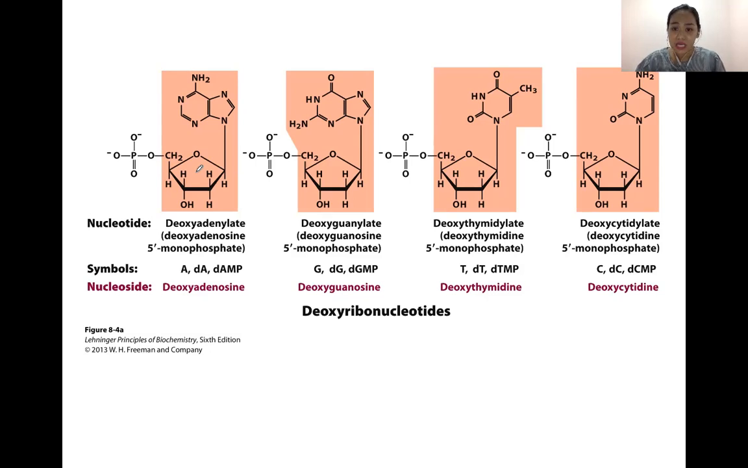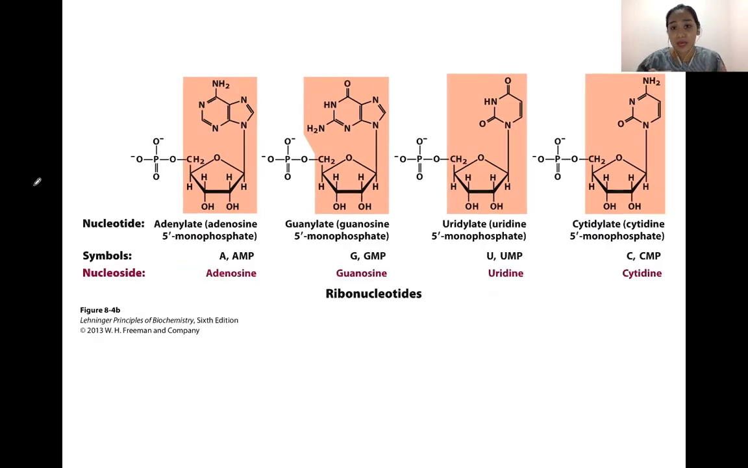And the other name is deoxythymidylate. Last, we have cytosine. If the base is cytosine, the nucleoside is called deoxycytidine. The nucleotide is called deoxycytidine 5' monophosphate or deoxycytidylate. Now, if you look at the ribonucleotides or the RNA, it's almost the same except that there's no deoxy